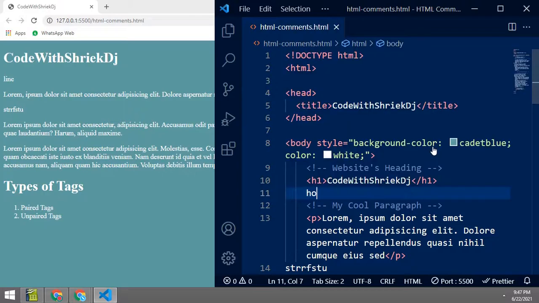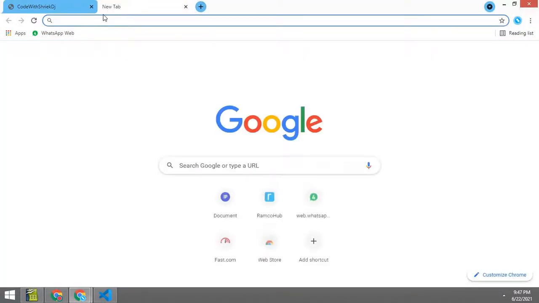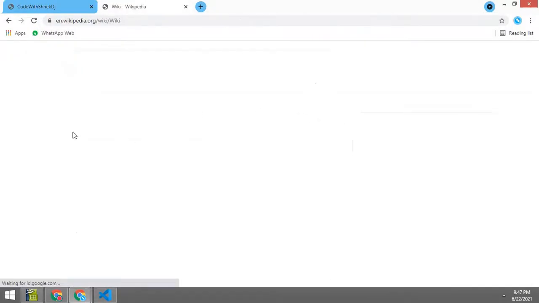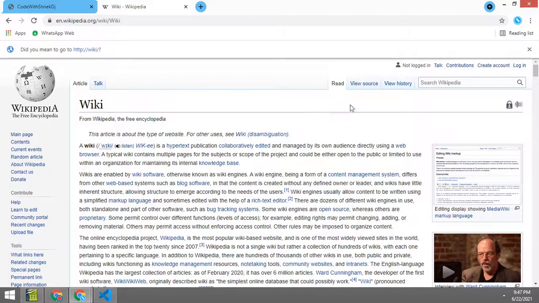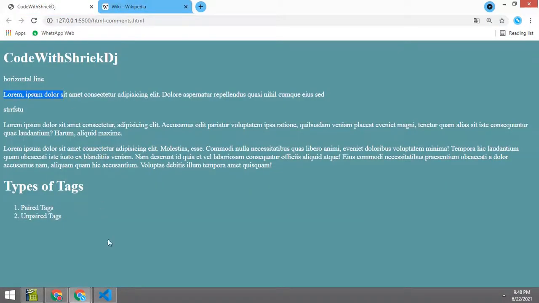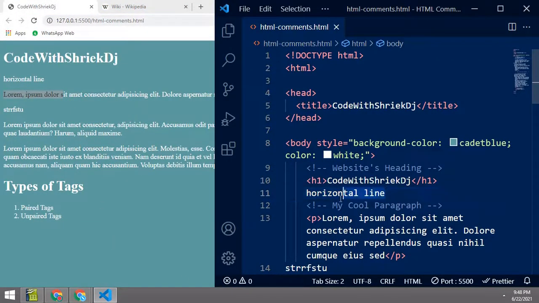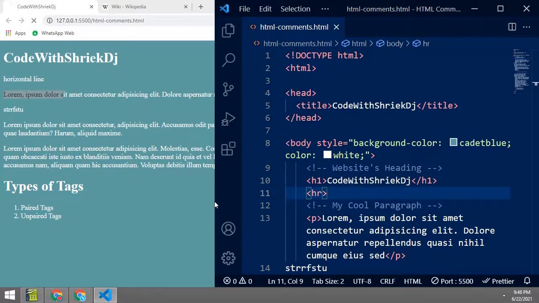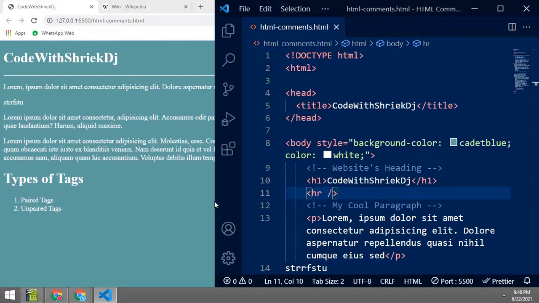See, but only typing "horizontal line" does not create it. I'll show you an example, something like this. See, here, a horizontal line. A horizontal line is created with an HR tag.